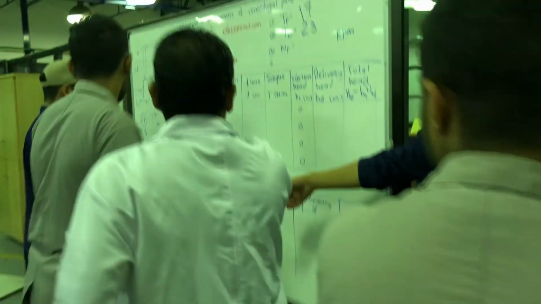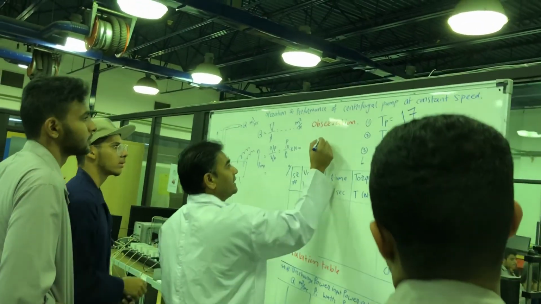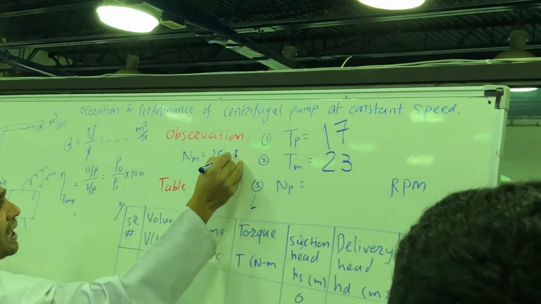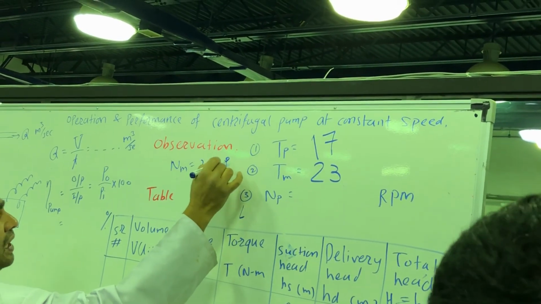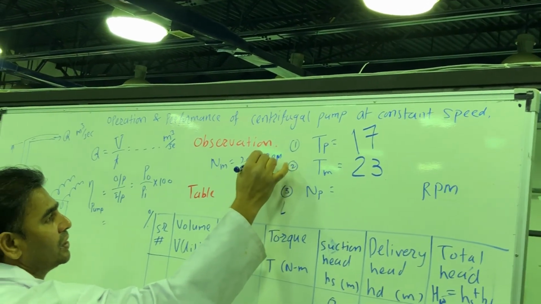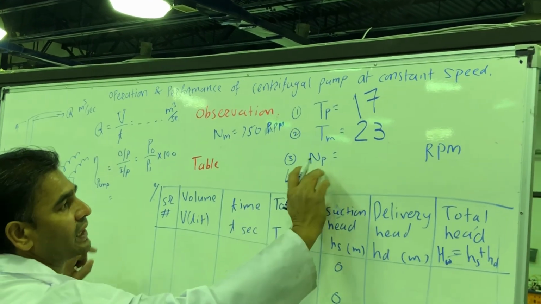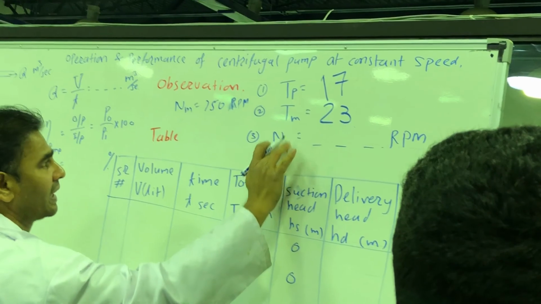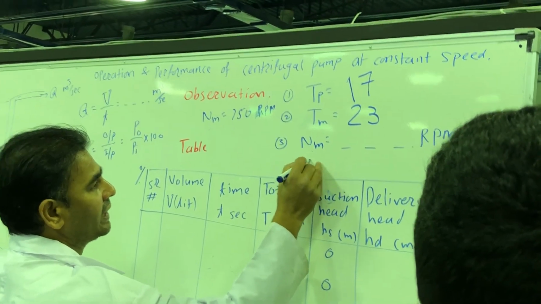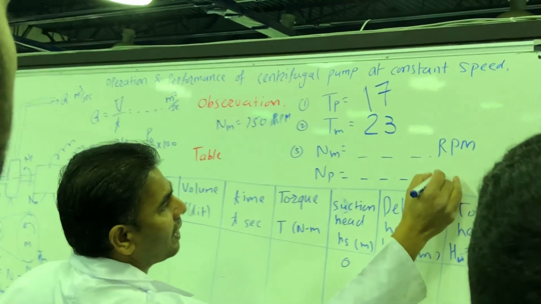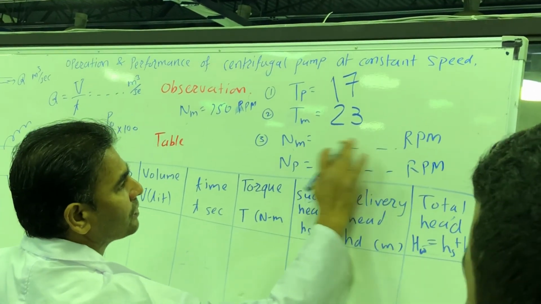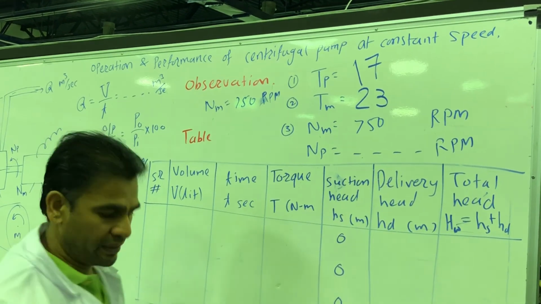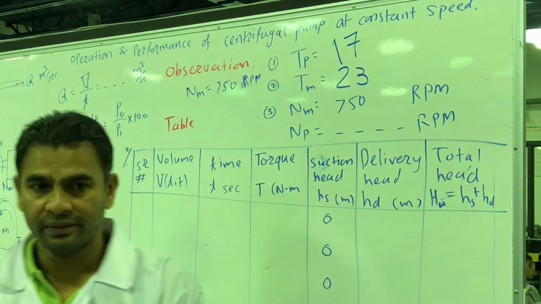Yes, one minute. Give me here. So I will write here NM is equal to 750 RPM. So I will put this value and I calculate for the pump. Okay? Or you can write here NM and NP is equal to RPM. So this is 750 measured and this is calculated. Okay? So we calculate this. After that,